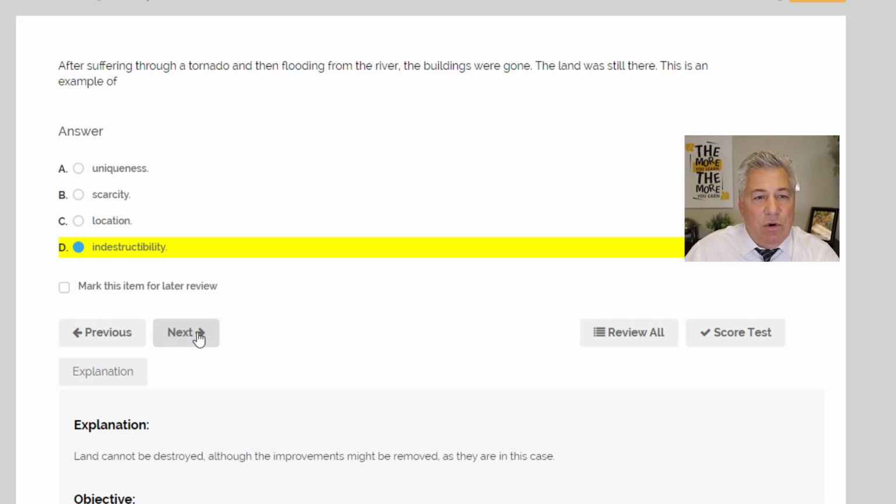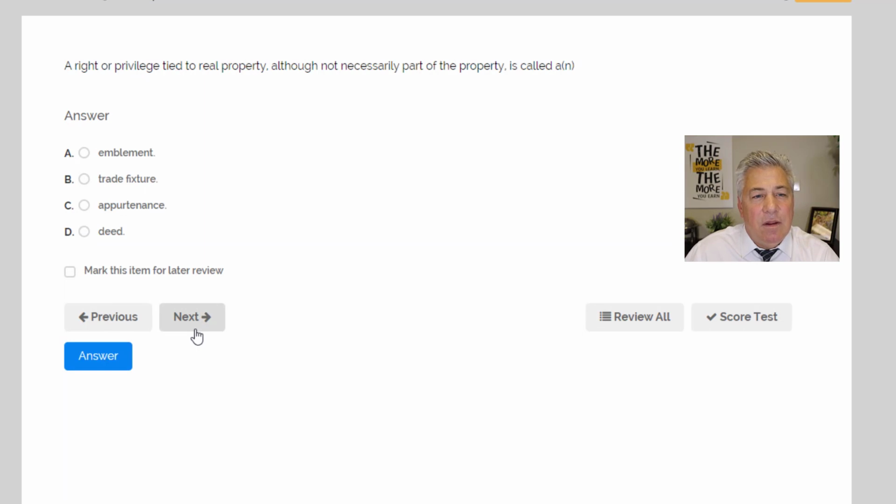Exam prep question number 7. A right or privilege tied to real property, although not necessarily a part of the property, is called A, implement, B, trade fixture, C, appurtenance, or D, a deed. A right or privilege tied to real property, although not necessarily part of the property. Good term to know here. The answer is